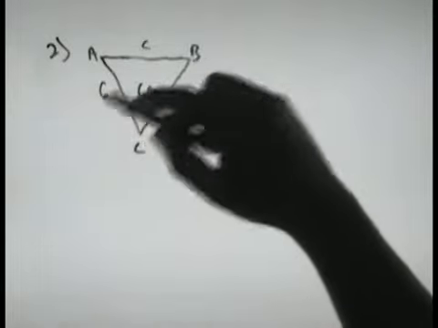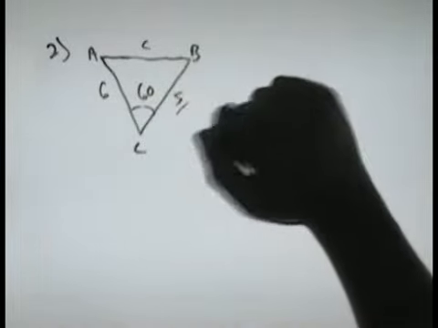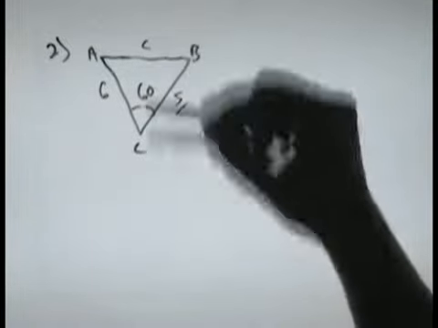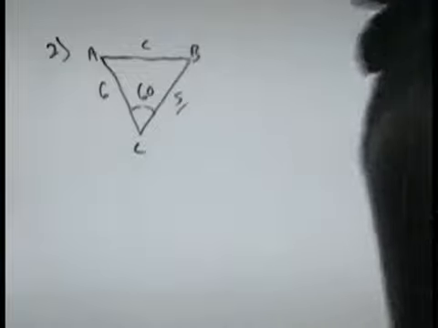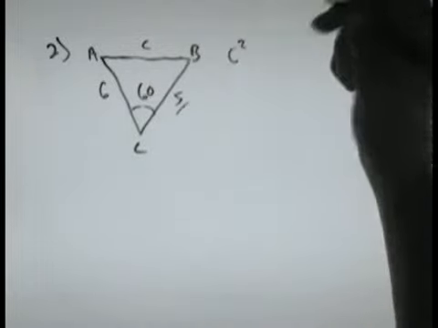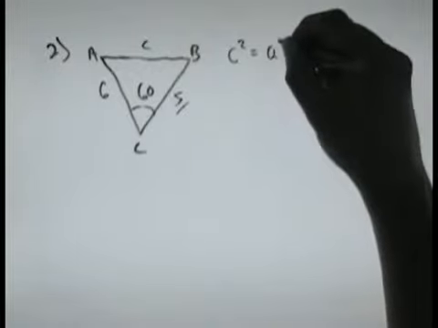The next one I gave you to do gave triangle ABC with side C unknown, side A 5 units, side B 6 units, and angle C 60 degrees. I'm going to start off by looking for C. Now I've got two sides and an angle. To work out the other side, I'm going to use the cos rule, which says that C squared is equal